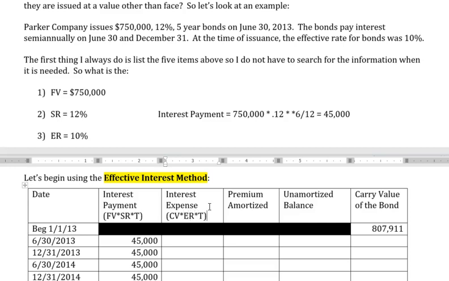Okay. All right. So for this one, let's go back up here to find the interest expense. Interest expense will change each time. In this one, we're going to take the 807,911, multiply that by the 10% times 6/12. So pause the video just a moment and see what you come up with. You should have taken the 807,911 times the 10% times 6 divided by 12, and that would give you